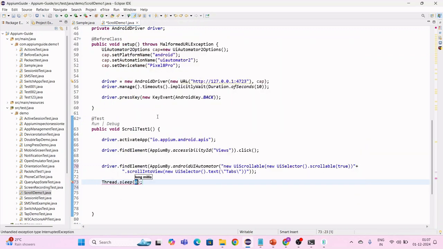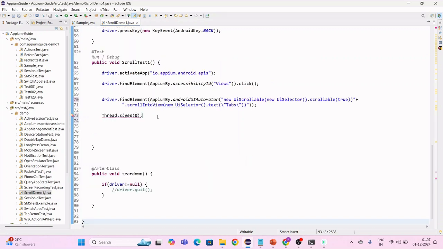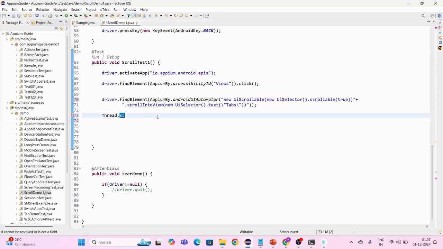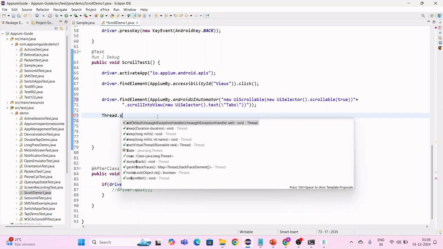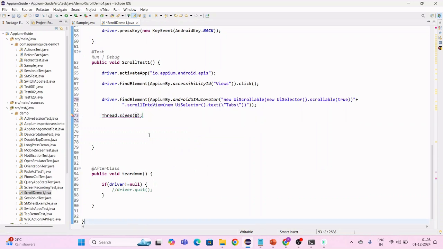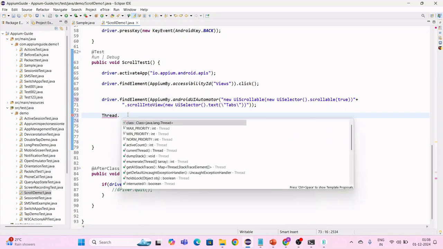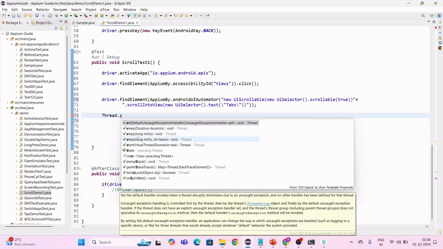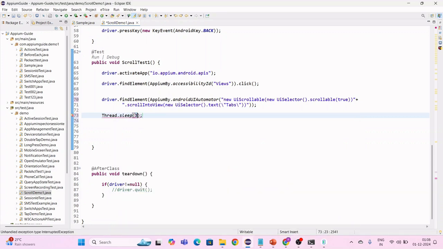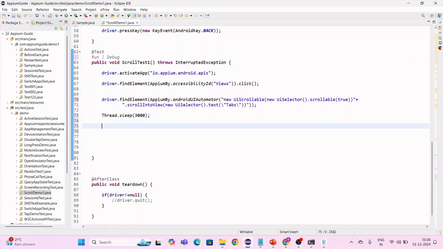It throws an exception in my method, so I'm waiting for 3 seconds there so that you can observe all the things happening. Then I have to click on the